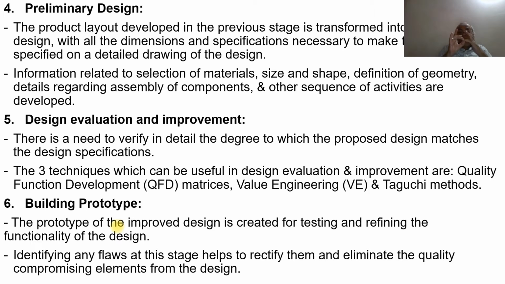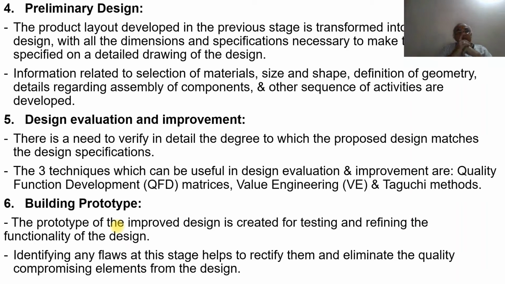So what does it mean? Detailed drawing means we should have the dimensional requirement, you should give the tolerances which are required, and then we have to define the process to be adopted while developing the design, while going for the manufacturing, all those things for the individual parts. That is where it is important. A product is a set of individual parts put together. So in such cases, we are going to have the detailed drawing.